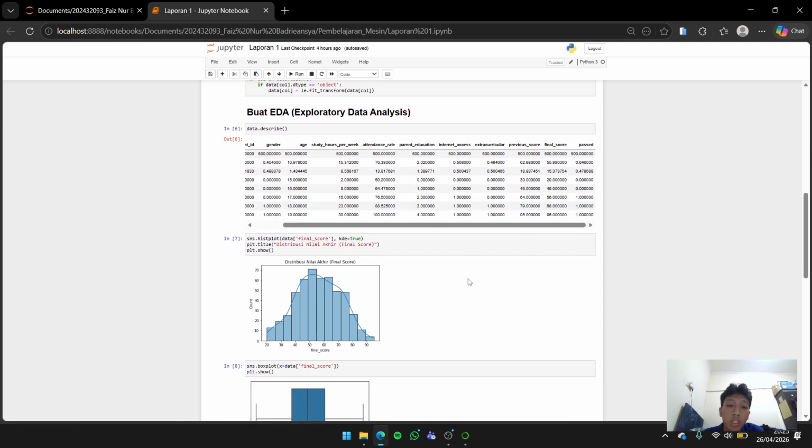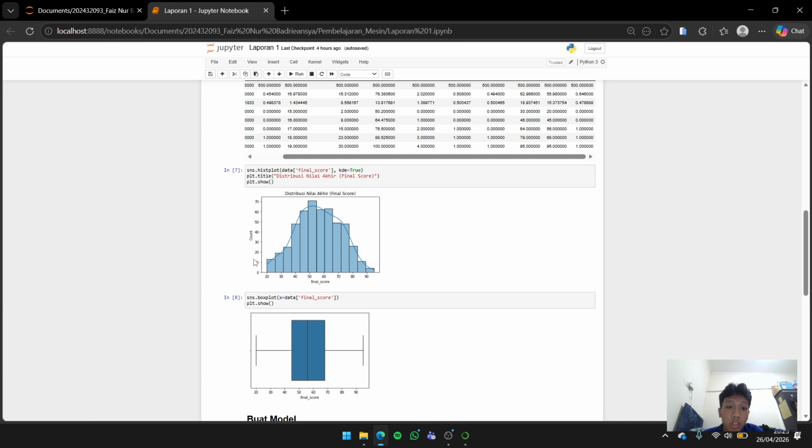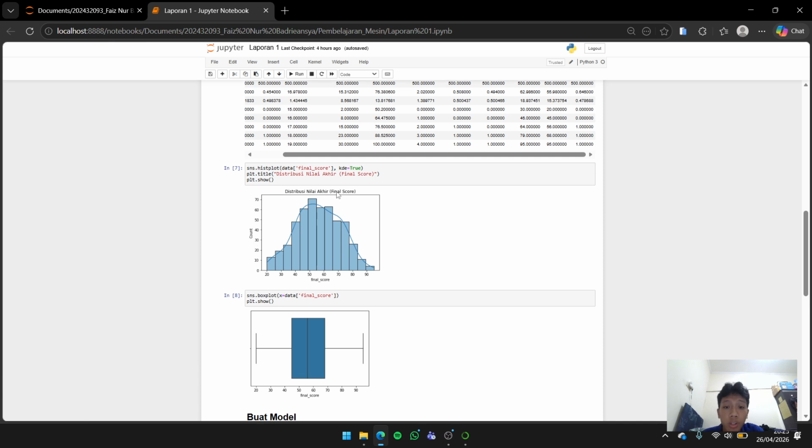I also visualize the distribution of the final score. The result shows that the data is reasonably distributed, which is beneficial for machine learning.